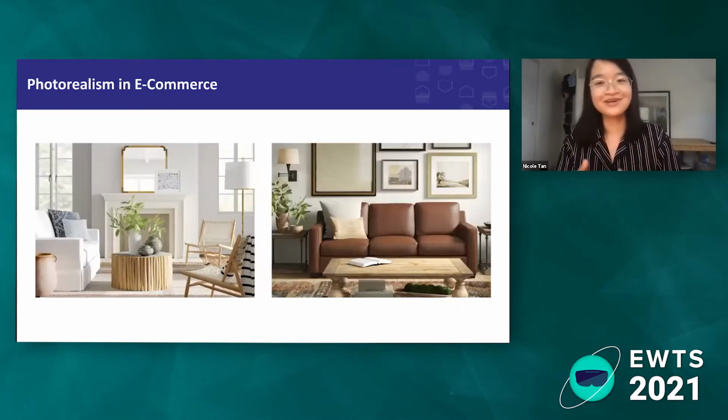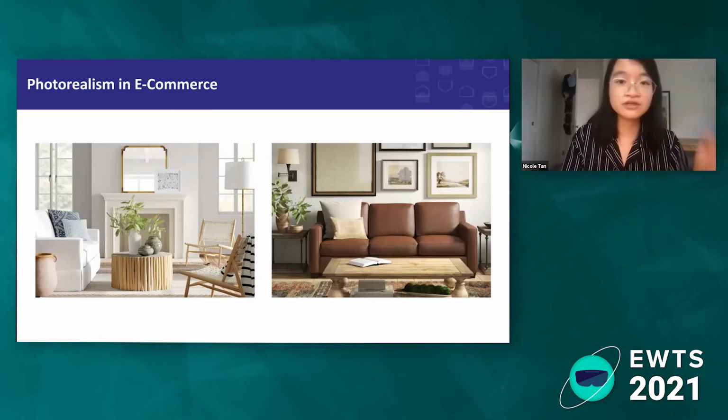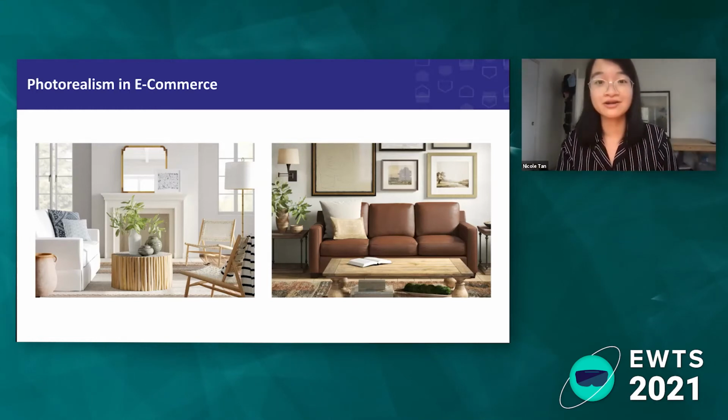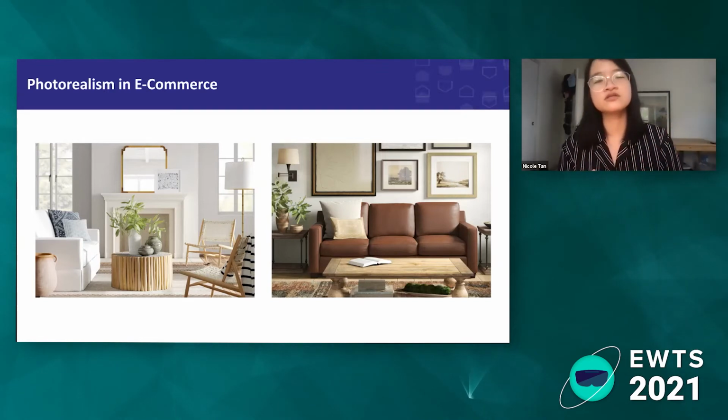For our next experiment, we wanted to tackle photorealism in augmented reality. 3D rendering is ubiquitous. It's present in media from both movies to video games and even more. Within e-commerce, and particularly for furniture, which tends to be heavy and expensive, it's become an alternative to traditional photo